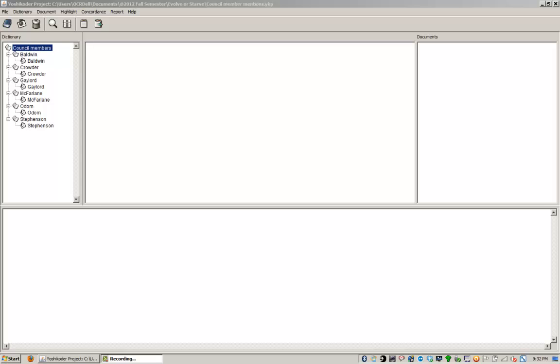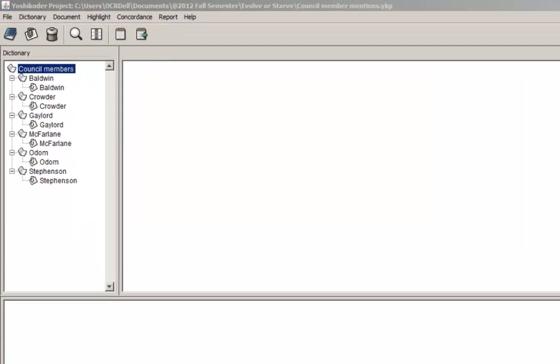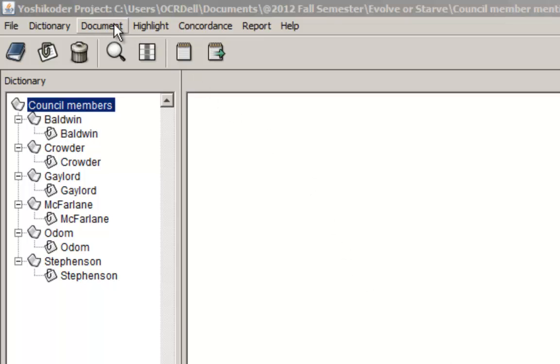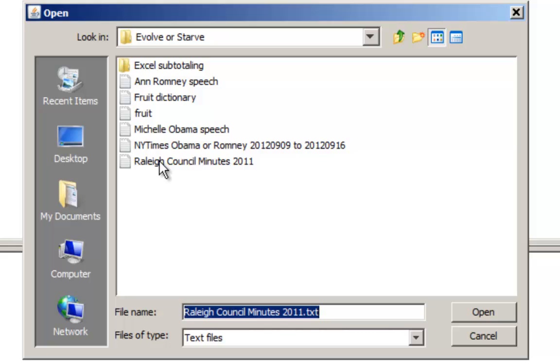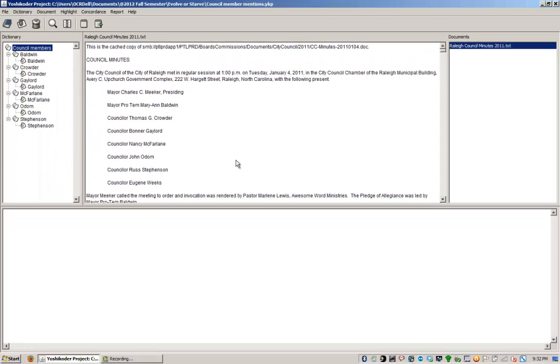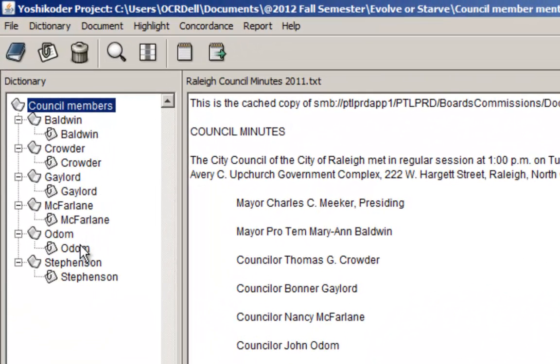Okay, this is the home screen for the free Yoshikoder program. And the first thing I want to do is get the document in that I'm going to be working with. That would be the Raleigh City Council minutes here, a plain text file. And there it is. Alright, next thing I want to finish completing this dictionary that I've been setting up,